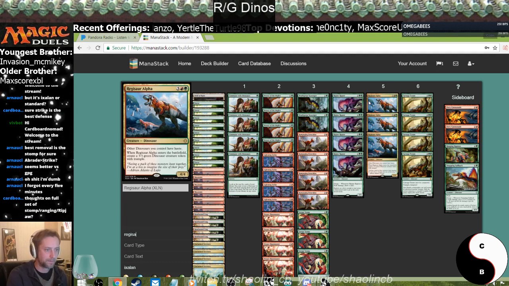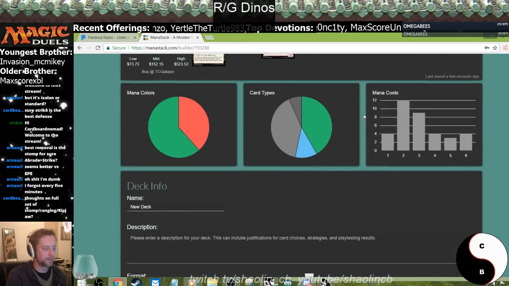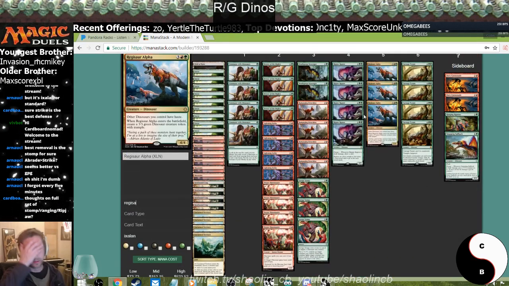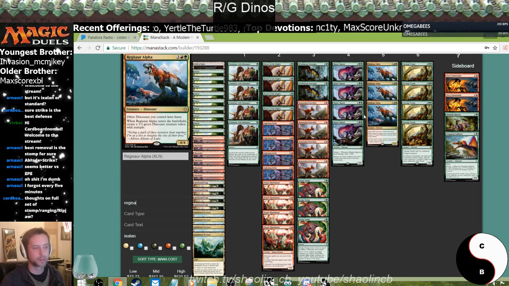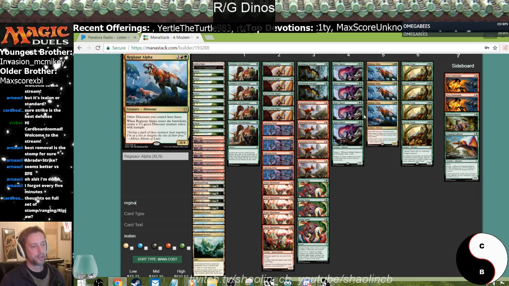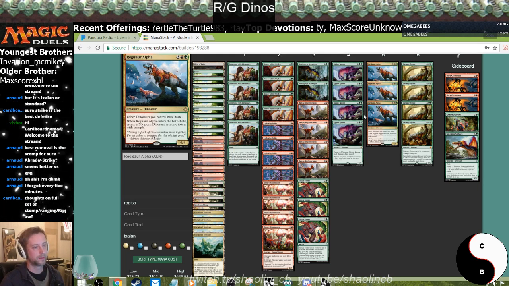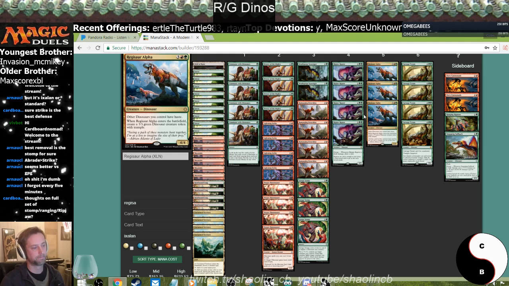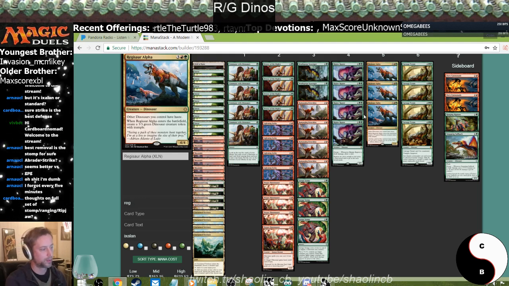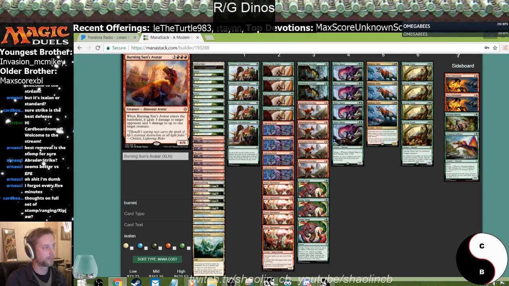And that's it, folks. Red-green dinos. This is probably one of the most aggressive forms of this deck you could play. You could play an extra Savage Stomp. You could play Burning Sun's Avatar. I like this card a lot, and I think this is a very good replacement for